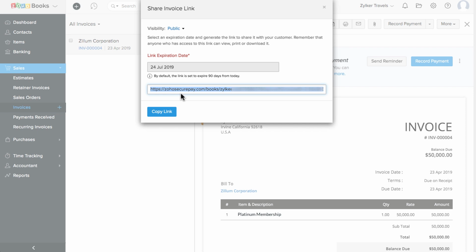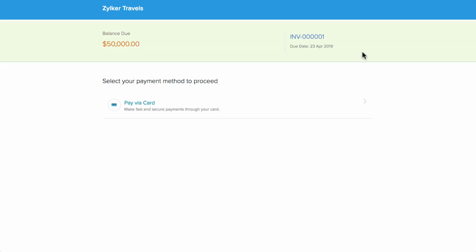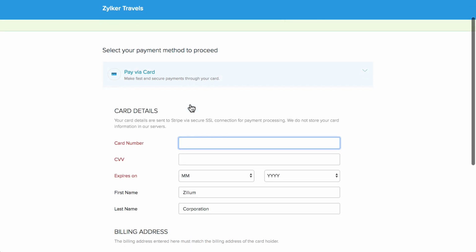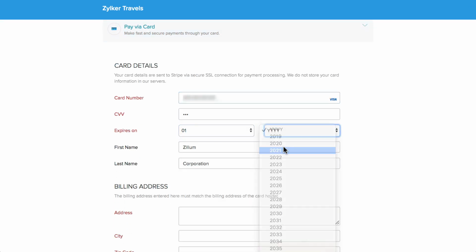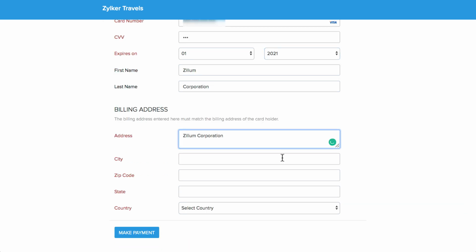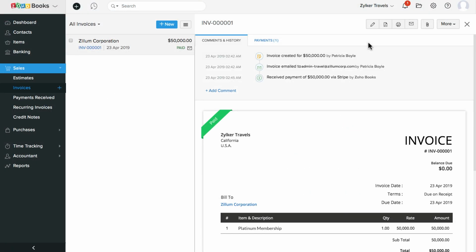This will also have the payment link attached. They can click the Pay Now option and make the payment through their card. Once you receive the payment, the invoice will be automatically updated as paid.